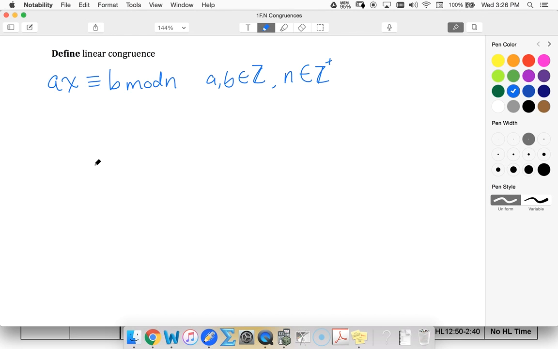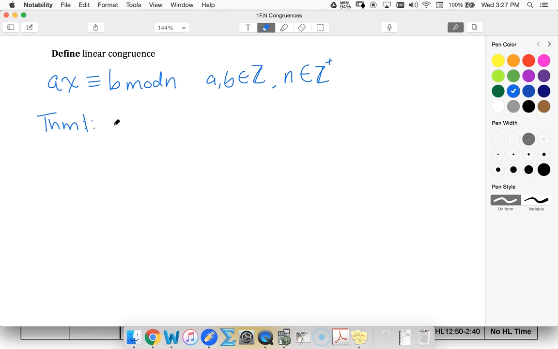There are multiple ways to solve linear congruences, and the way that I'm going to show you uses a few theorems. Your book shows you a different way that you can go and look at and explore, but I'm going to show you this way using two different theorems. So the first theorem,